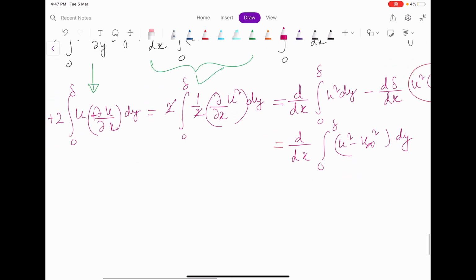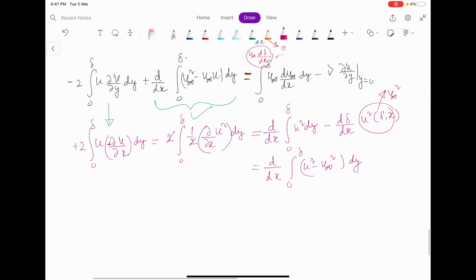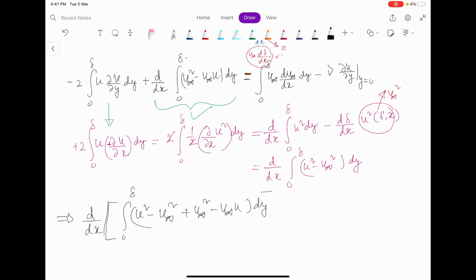So now this equation boils down to, let me complete this. That means d dx of, I am putting everything under one bracket, the integral from 0 to delta of u square minus u infinity square plus u infinity square minus u infinity into u into dy, that is equal to,